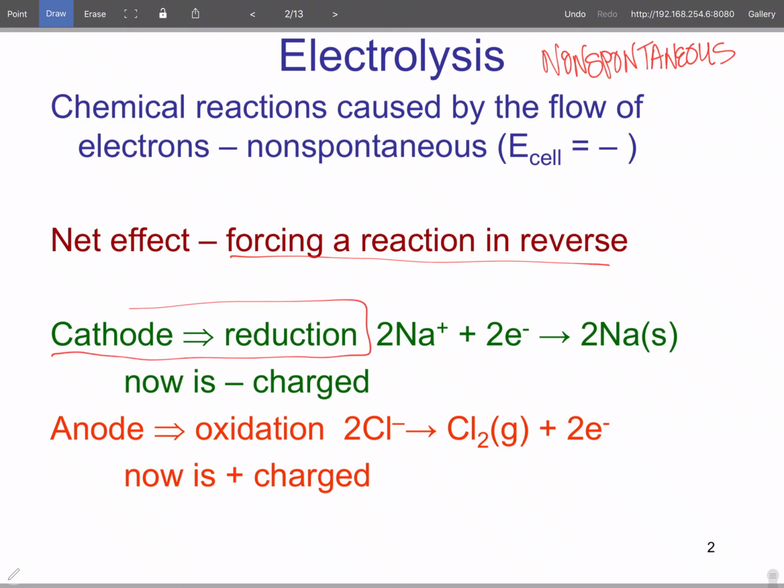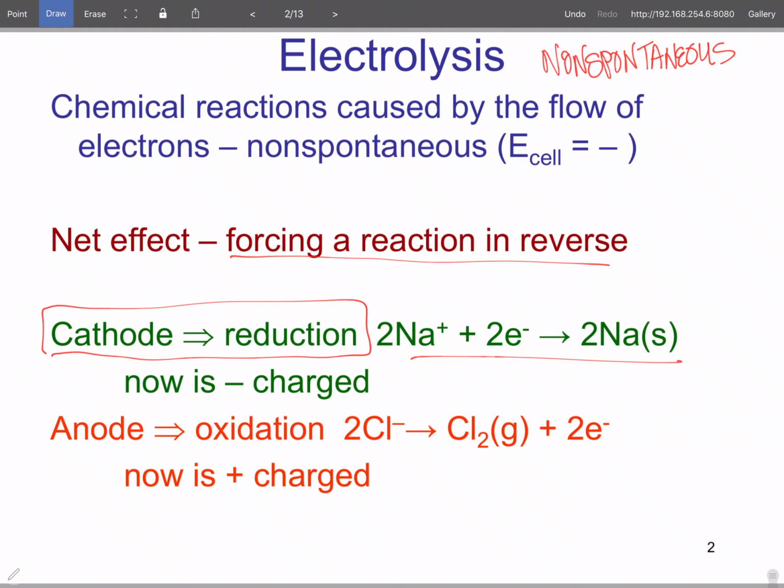Reduction still occurs at the cathode. But now, instead of the electrons being given or gained spontaneously, you're forcing them to be taken. So sodium wants to give up its electrons. Well, in electrolysis, you force it into the elemental form. Okay, and because you're reversing it, we said that the cathode was positive because the electrons